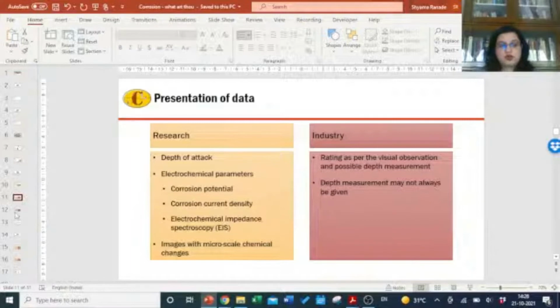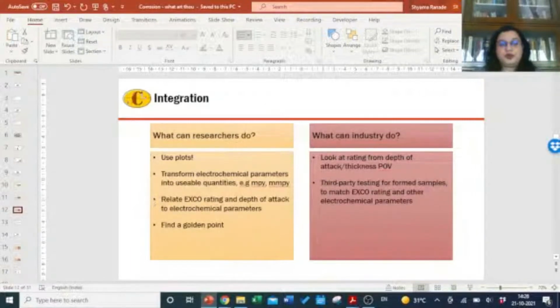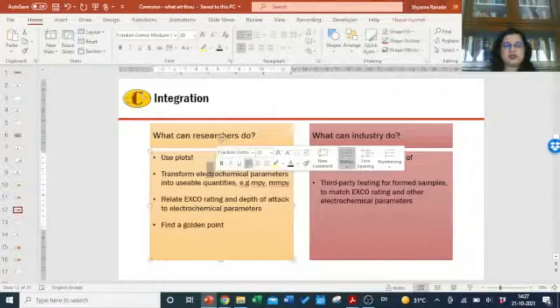So, how to communicate, how to integrate, what can the researchers do? The best way that I have learned is to use pictures, use plots. The plots help to pinpoint exactly which is the best and which is the worst. So, there is a problem with electrochemical parameters such as how many amperes per centimeter square or milliamperes per centimeter square, and as a result it is always better to